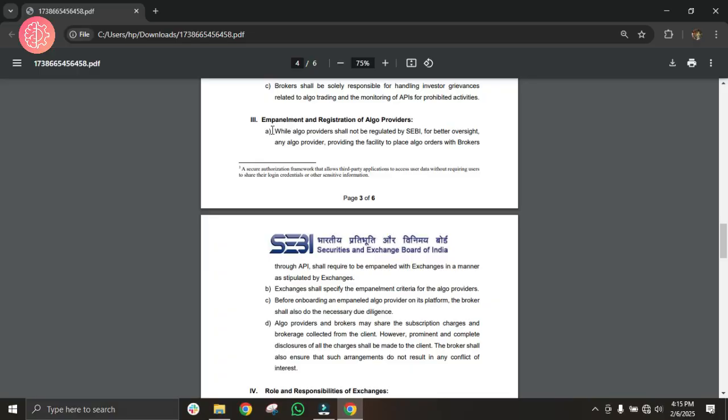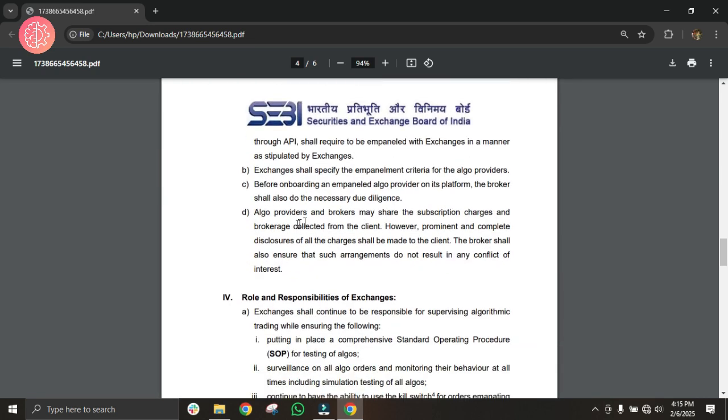Another change that has been implemented is that SEBI now requires algo platforms to get empaneled with the exchanges. So you will see that a lot of platforms like Tradetron will now get empaneled as vendors with the exchanges. What this means for you is that there will be a lot of due diligence that will happen at the algo platforms level as well, and there will be more clarity on the different fees of brokerages and algo platforms that are being offered,